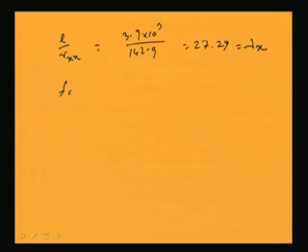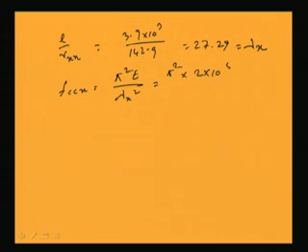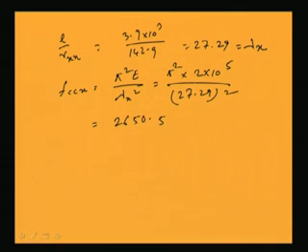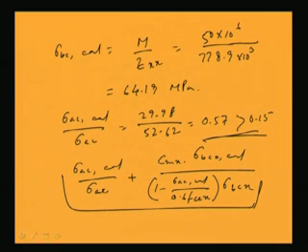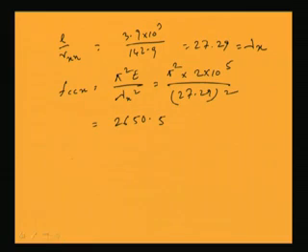So Fccx can be calculated as pi square E by lambda x square. If we put those values, E is 2 into 10 to the power 5 MPa and lambda x is 27.29. So we can find out the value as 2650.5. So we are getting the Fccx value. Now if we put Fccx and other details in this equation, we will get